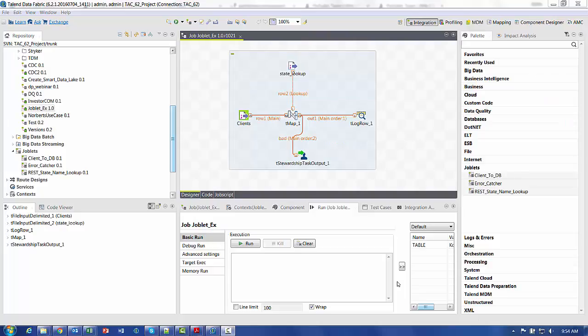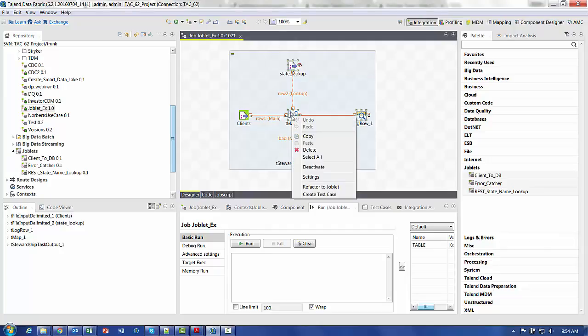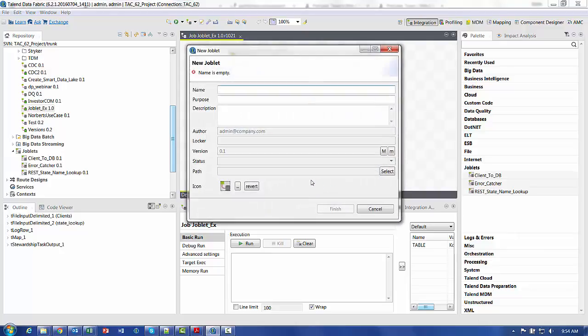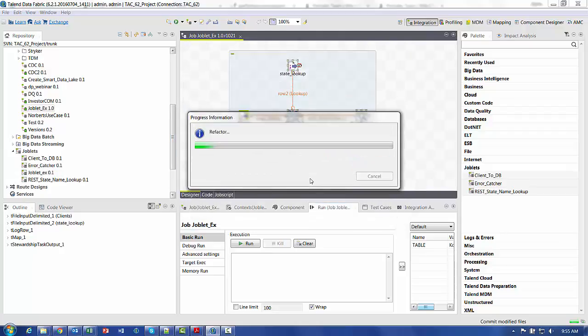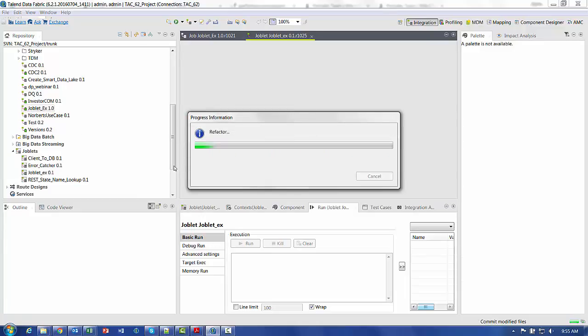Joblets are quite easy to create and use. If you don't want to start from scratch, you can take any job design that you have, rubber band the components that you're interested in regrouping into the sub-functionality, right-click, refactor into Joblet, give it a name, and Talend takes care of the rest. Now that it's refactored,